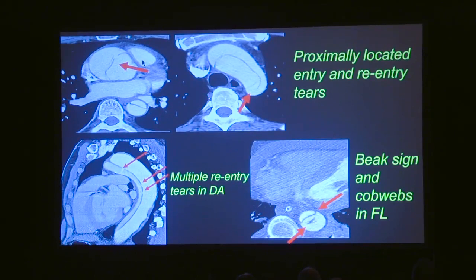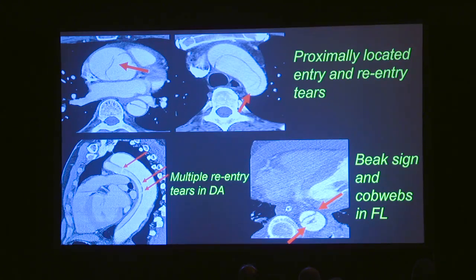These are examples of patients. This is a patient with a type A dissection, a proximal dissection in the proximal aorta with an entry tear, and there is a re-entry tear where there is communication between the true and the false lumens. In this example, this patient does have multiple re-entry tears, and this is important to the cardiothoracic surgeon as he